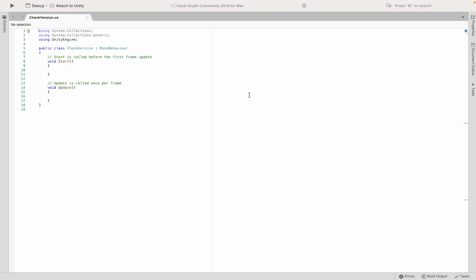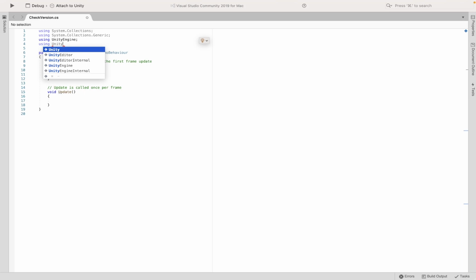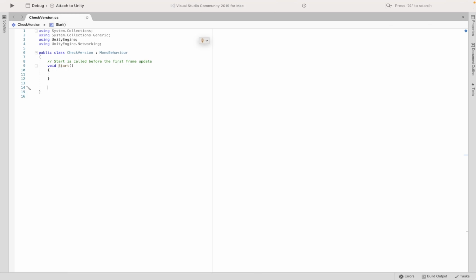and then open it. Once your script is open, you're going to want to write at the top using UnityEngine.Networking. This will be what checks anything connected to the network. Now we're going to want to create a coroutine which will go onto the website and actually check the text document. So what we're going to do is IEnumerator GetVersion, brackets, curly bracket, and then inside there we are